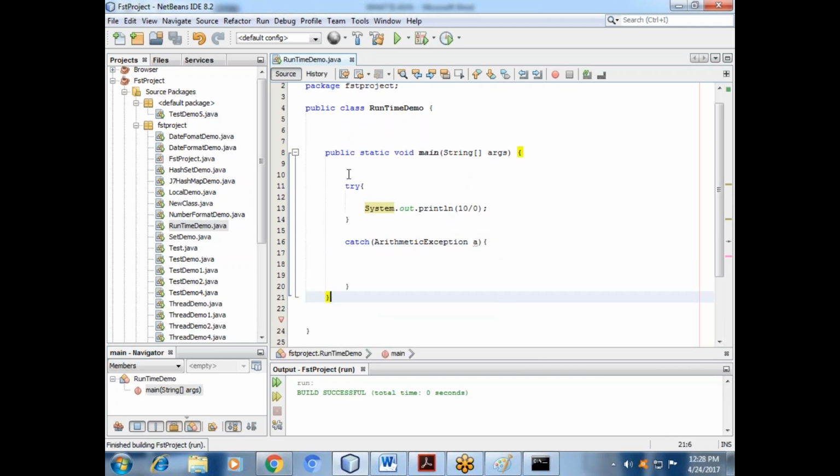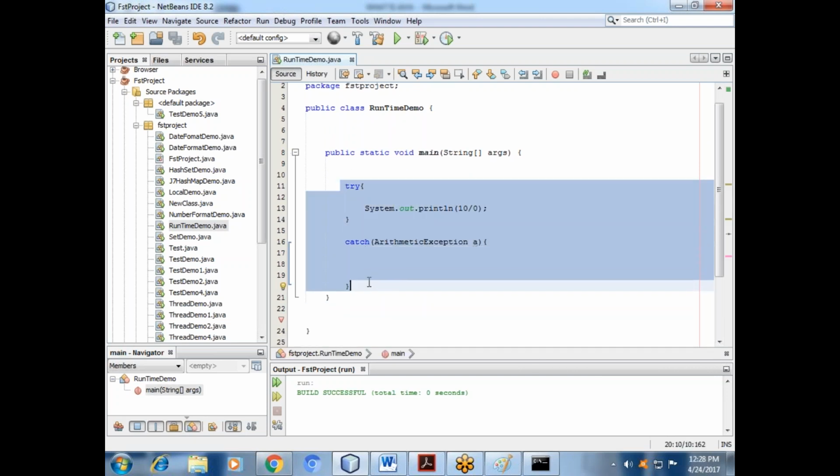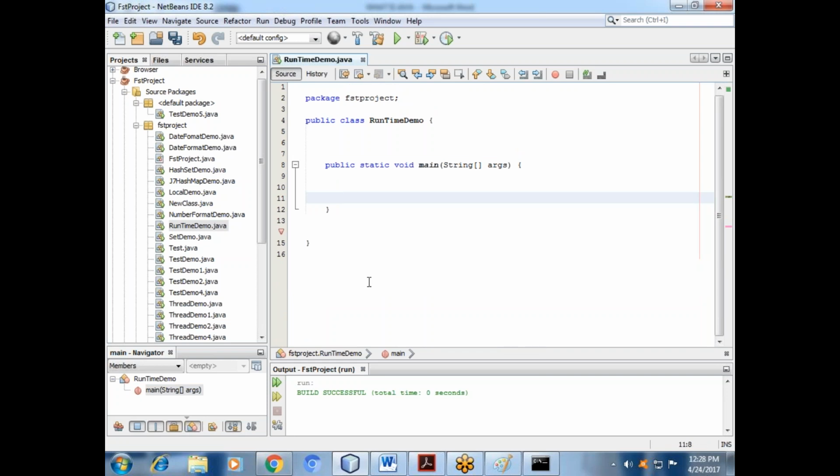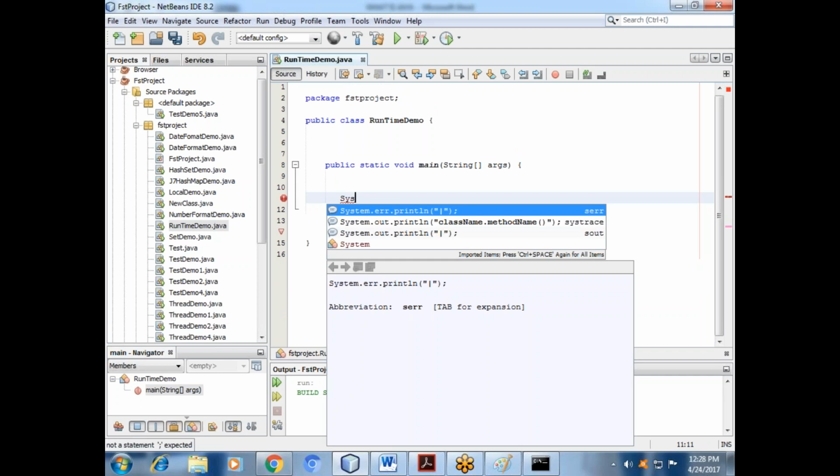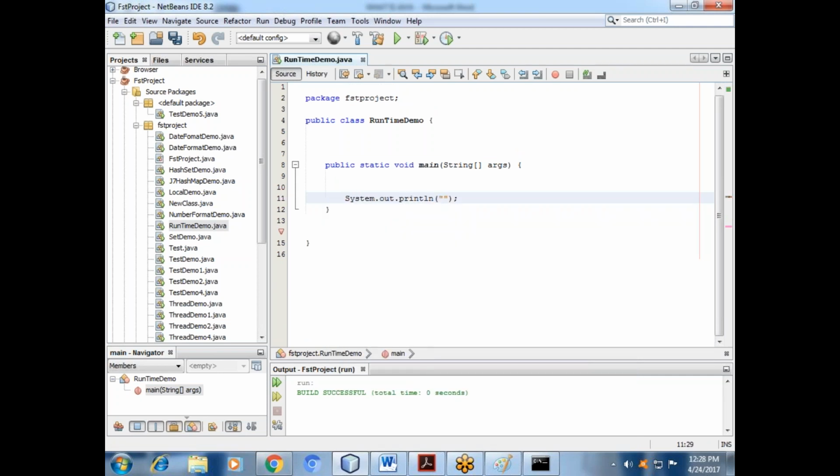See, it is better to understand the normal first. First the normal, then you will understand this one. Normal, you can say, the exception message you pass, then 10 by 0.